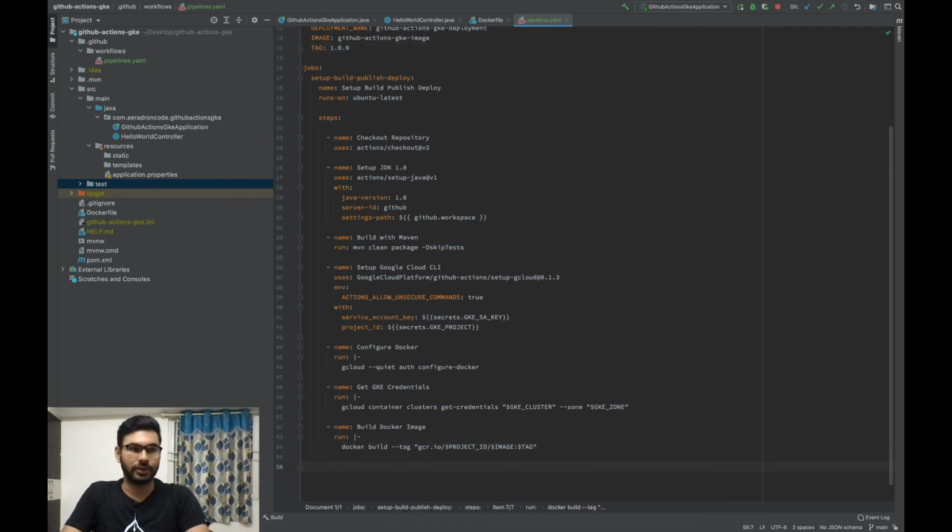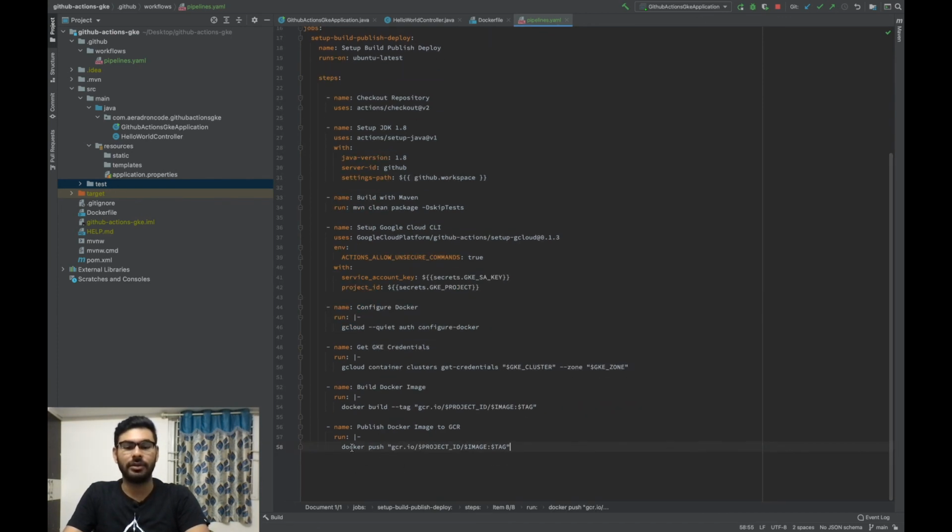Once your Docker image is created successfully, you need to publish this Docker image to the Google Container Registry. So we'll say publish Docker image to GCR, Google Container Registry. And this is again a simple command which I'll just grab.